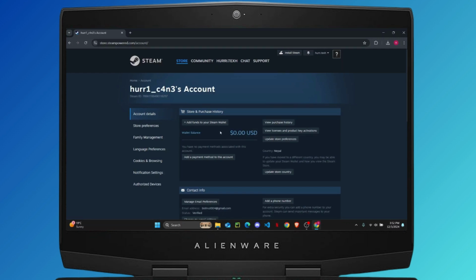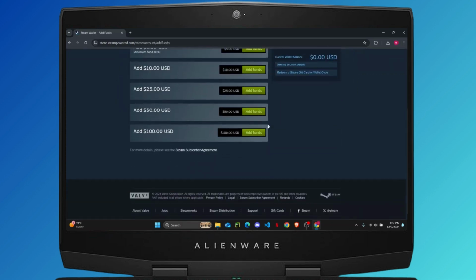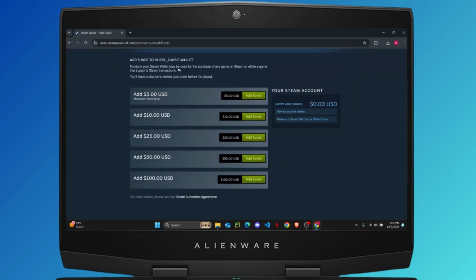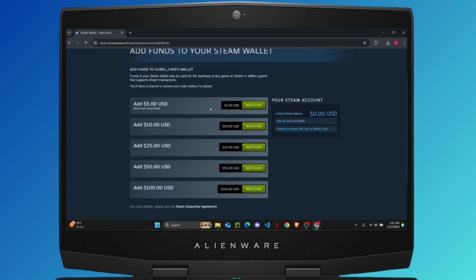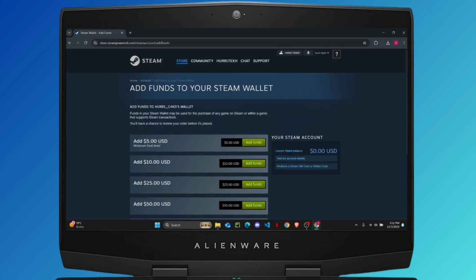So if you want to add funds to your Steam wallet, you can just click right here to add funds. So click right here. So as you can see, here is no option to add custom funds. The minimum is $5, then $10, $25, $50, and then $100. There is no other way to add custom funds here, but what you can do is manipulate the web code